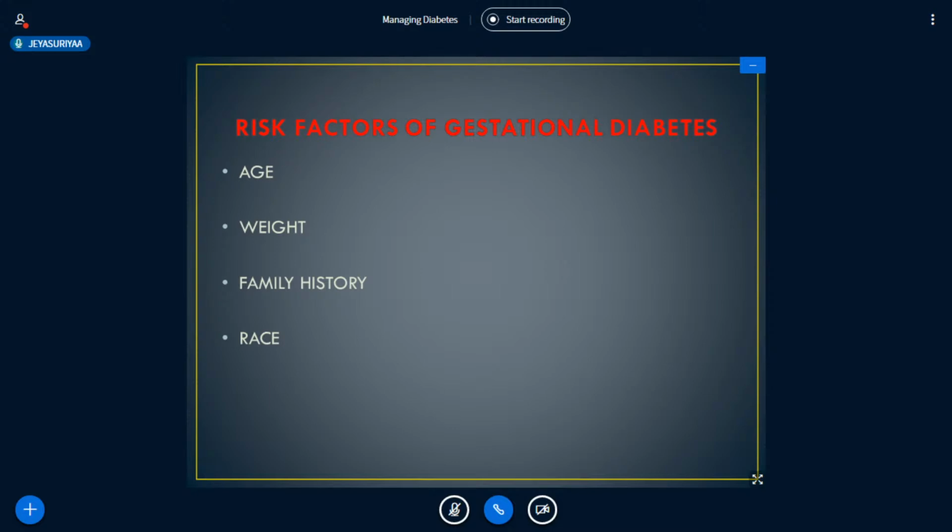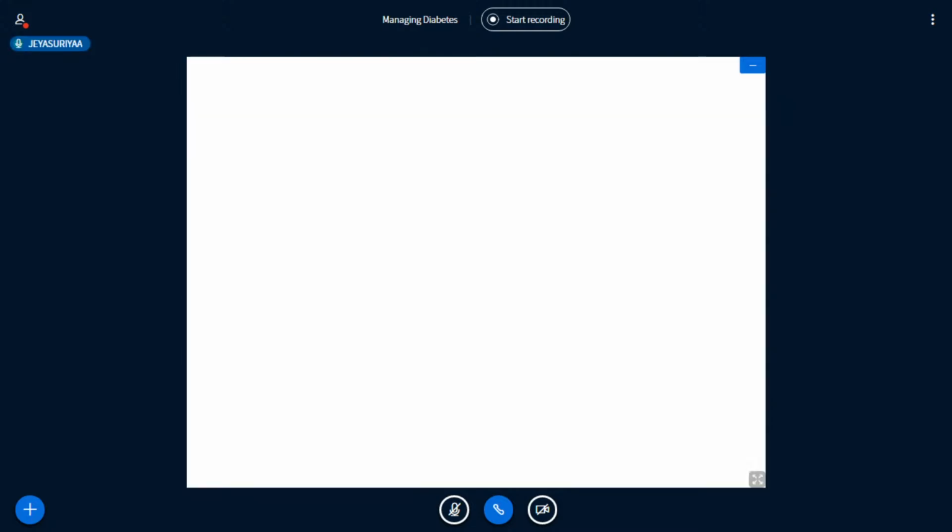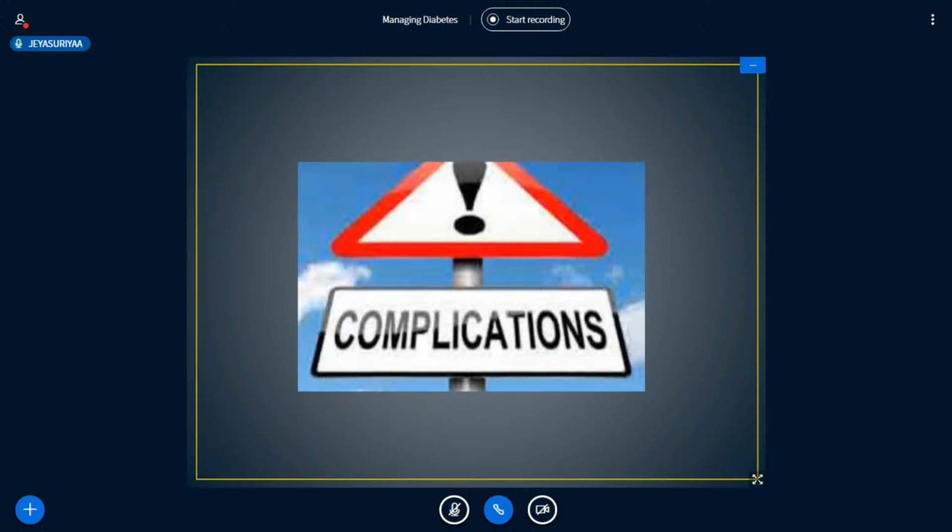If you delivered a very large baby, or if you had an unexplained stillbirth. On the other hand, being overweight during pregnancy also increases the risk. As I mentioned earlier, Hispanics and American Indians come under the races that are more prone to diabetes. Now, coming to complications, long-term complications of